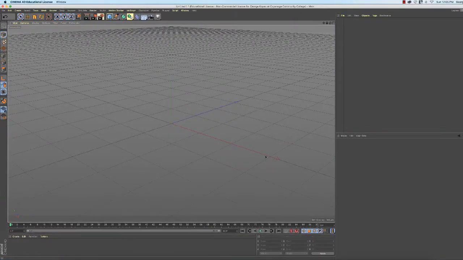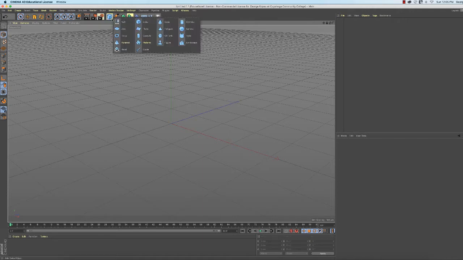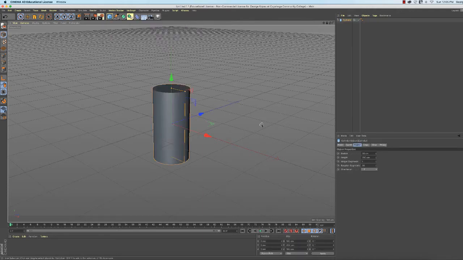In this video, I'm going to go over the selection tools used in editable objects. So let me make a cylinder again, and no surprises here. We're in model mode. I can adjust the height, and I can adjust the radius of this cylinder. But what I want to do is add segments to it, make it editable, and show you some